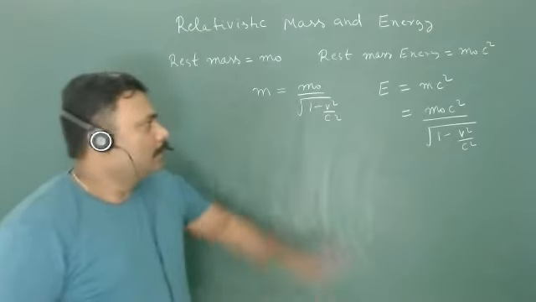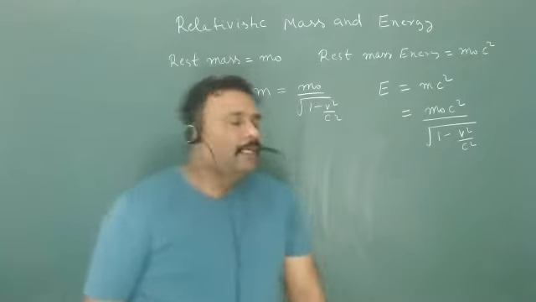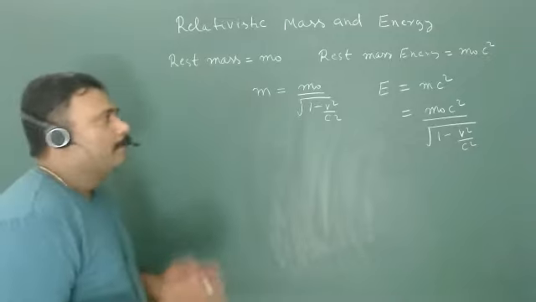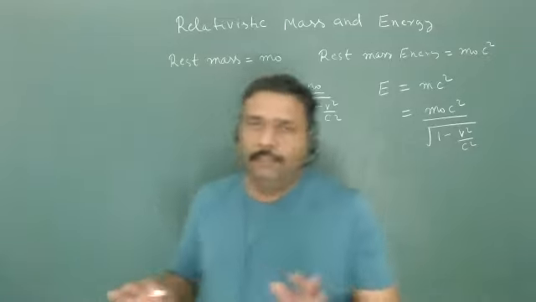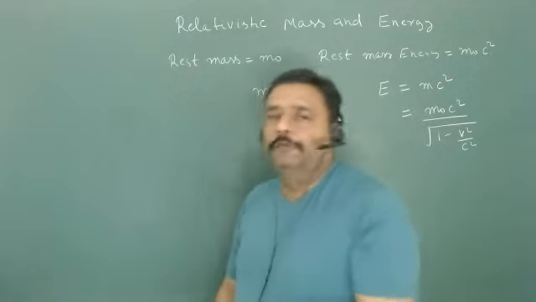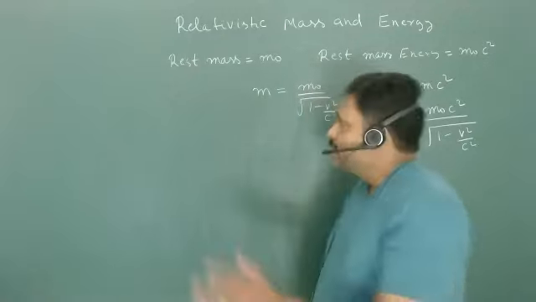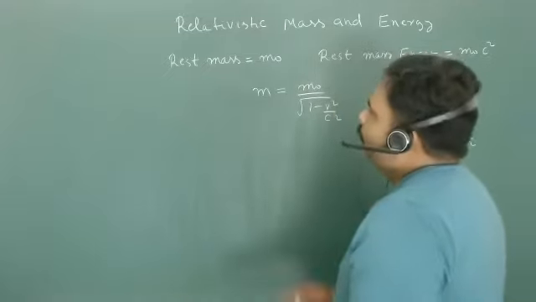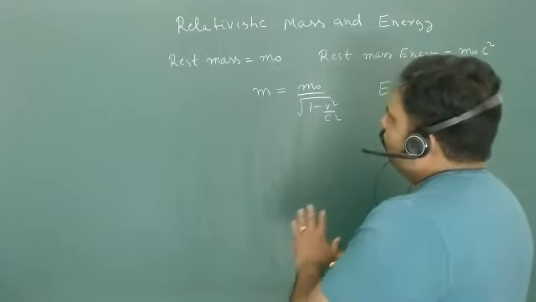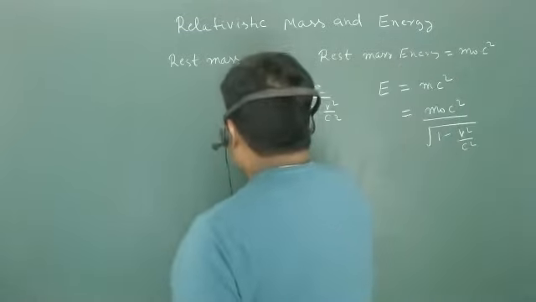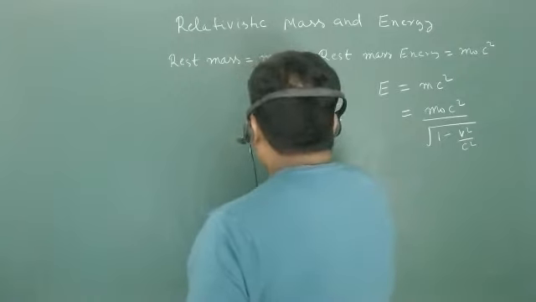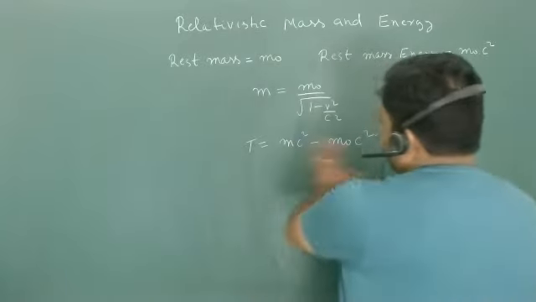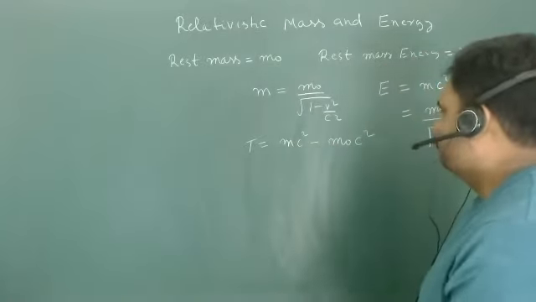Okay, good. So this is my rest mass energy, and obviously what will be the kinetic energy? Kinetic energy is obviously not half m naught v square. That is the kinetic energy we use in Newtonian mechanics, that is, in the Galilean frame. But when we use the concept of the Lorentz frame, then my kinetic energy is basically mc square minus m naught c square. So this is the thing known as kinetic energy.